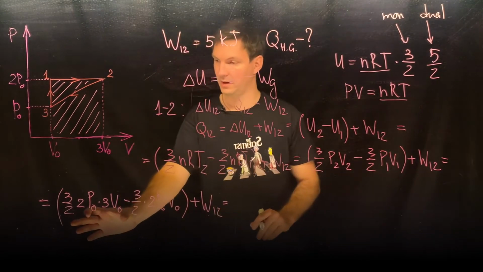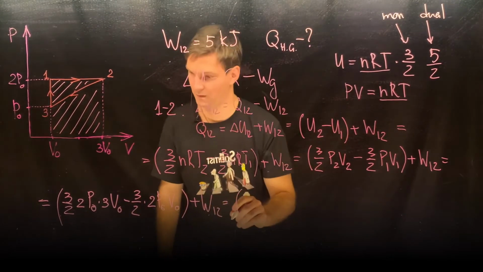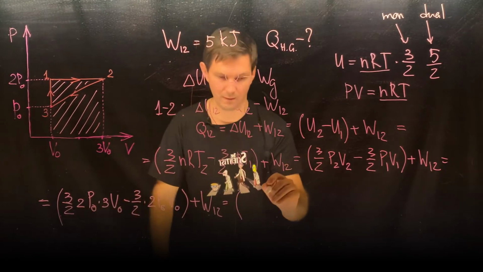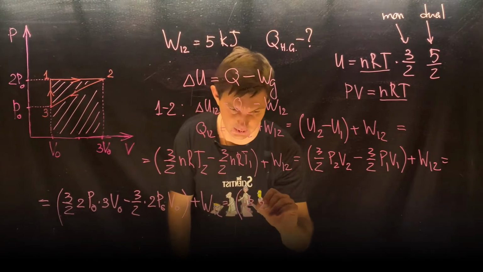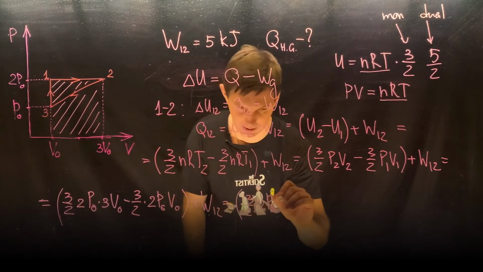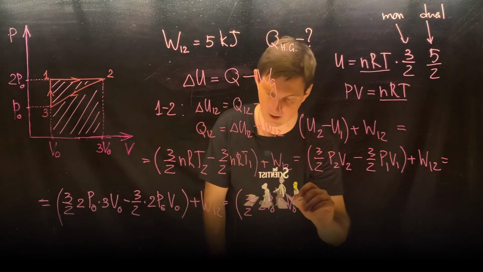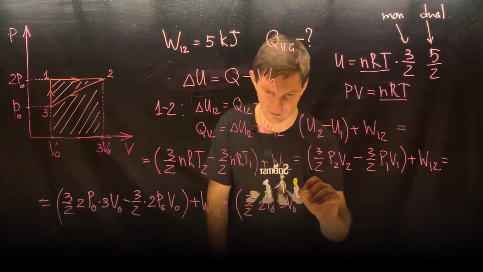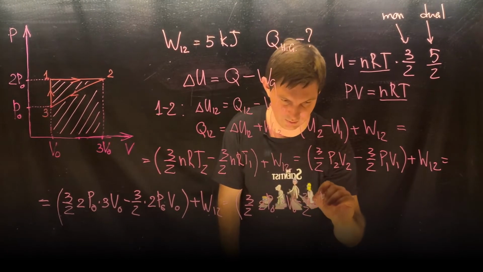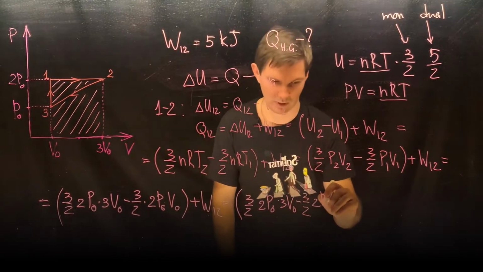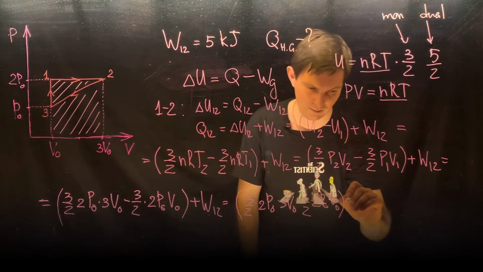So let's write down 3/2 times 2P0 times 3V0, minus 3/2 times 2P0 times 1V0, plus